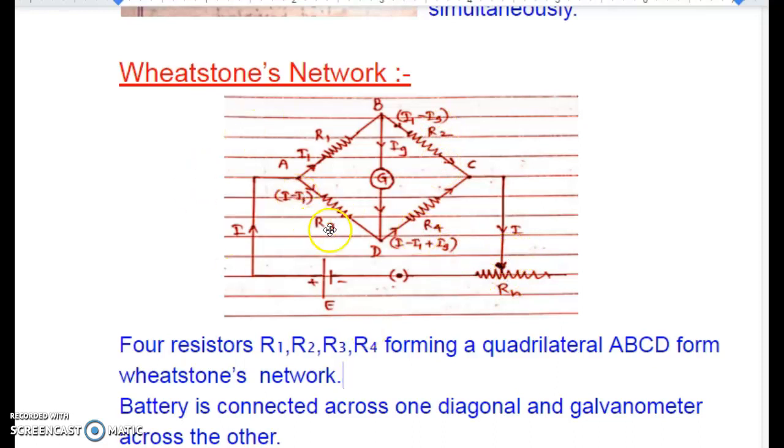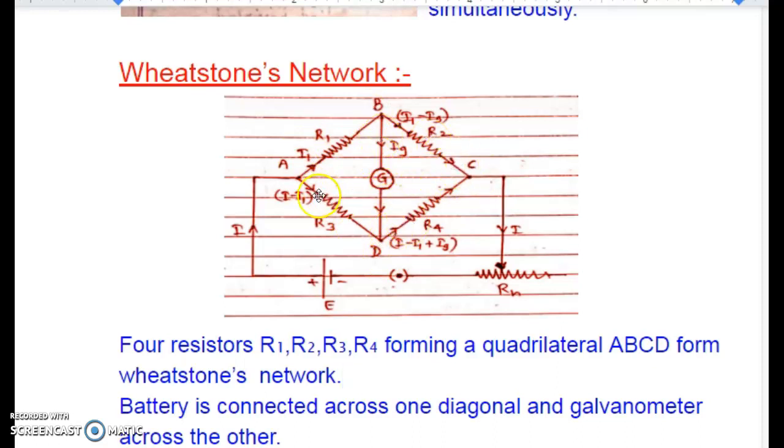So that is how the currents are going to get distributed in the branch. Of course, ultimately I am going to consider this R3, Ig current to be equal to 0 finally in my equations. Now what I am going to try and do is, I will apply Kirchhoff's voltage law in this loop A, B, D, A once, and the same thing I am going to do in the other loop C, B,